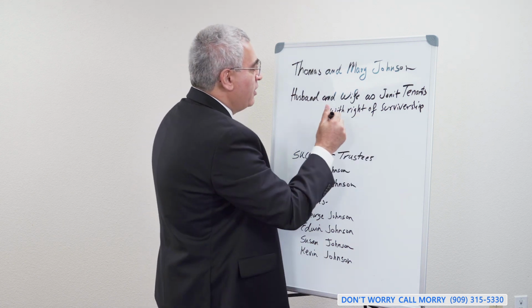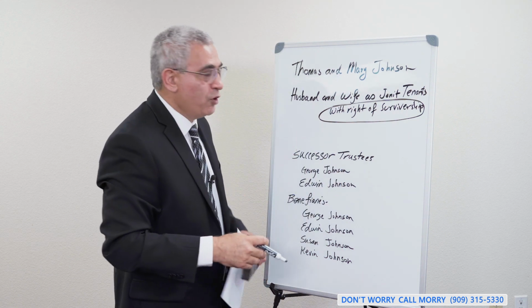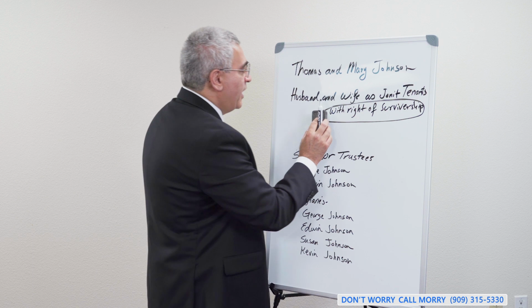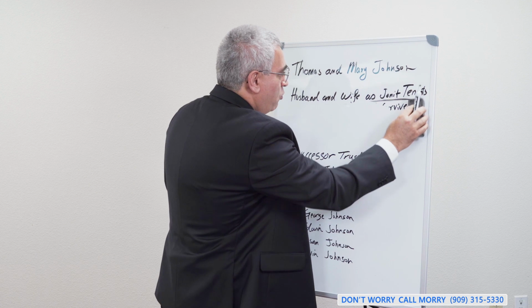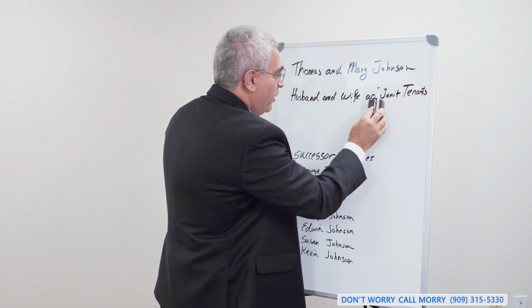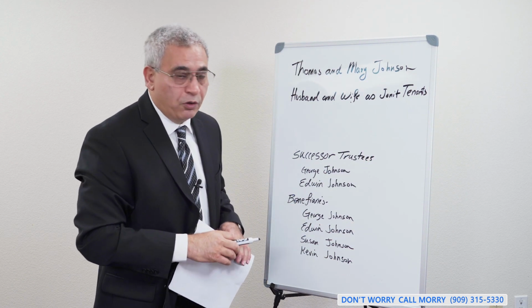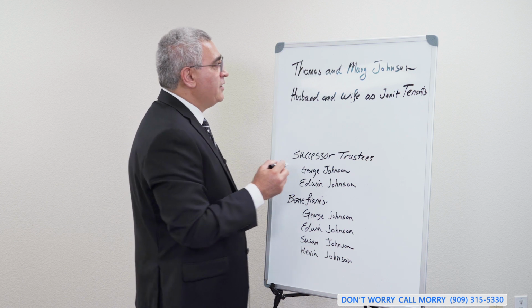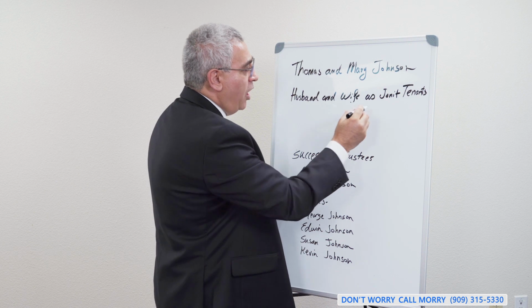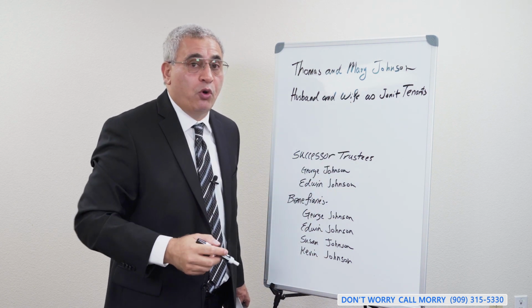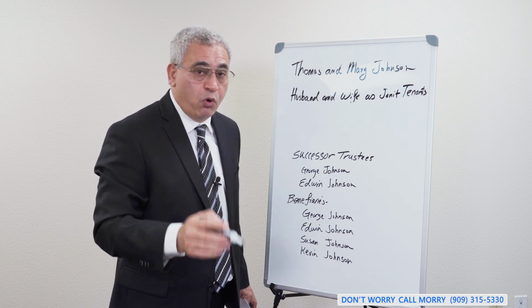Now I put this thing here. In most states you don't see this text, but in some you will see it. The purpose behind that is this: by taking a property as a joint tenancy with a right of survivorship, they take advantage of a unique benefit of the vesting on title. What it means is that if at any time something happened to either one of them, Thomas or Mary, the other one automatically becomes the sole owner of the property by virtue of recording a document,